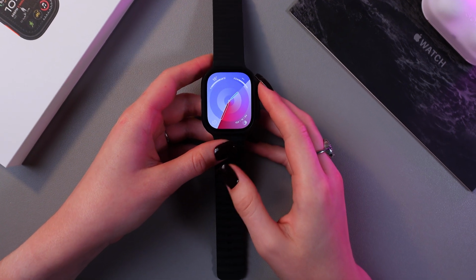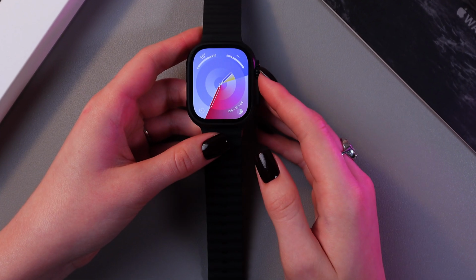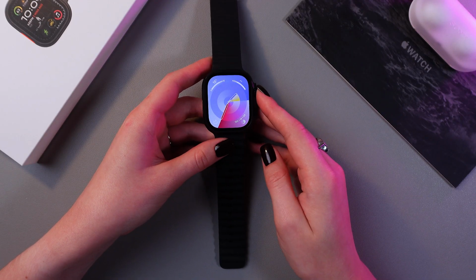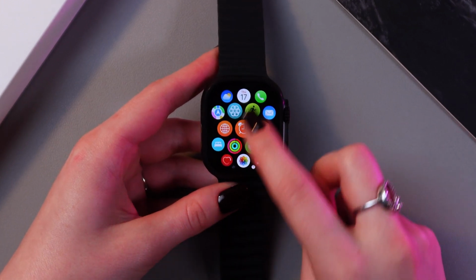Hi there, in this video I want to show you how to turn on or turn off Always On Display on your Apple Watch Ultra 2. Let's get started. And firstly, let's open the list of applications using this digital crown, and here we need to